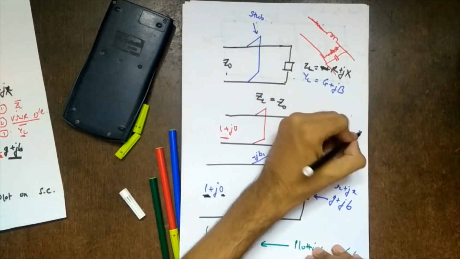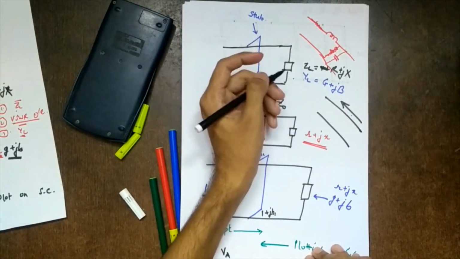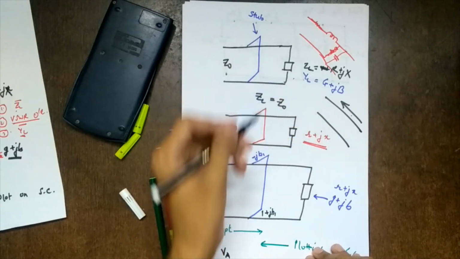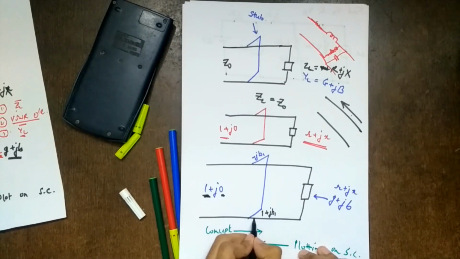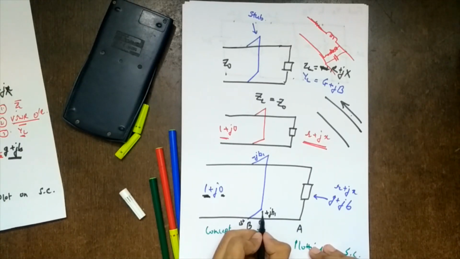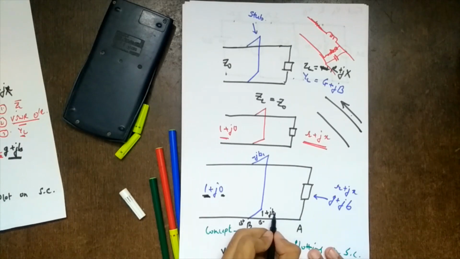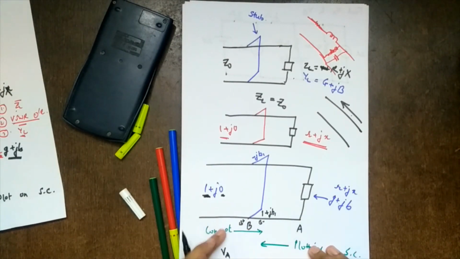Now what we know on a transmission line, as we travel along the transmission line, what happens? The impedance changes at each and every point on the transmission line. Why does it change? Because of the transit time effect, right? So where am I now? This is point B, this is point A. Instead we had taken this right side as B minus, left side as B plus. So 1 plus jB1 is here. If I move along the transmission line, what will happen? This 1 will change to some G and B1 will change to B, right? So in this way we can achieve matching, right?